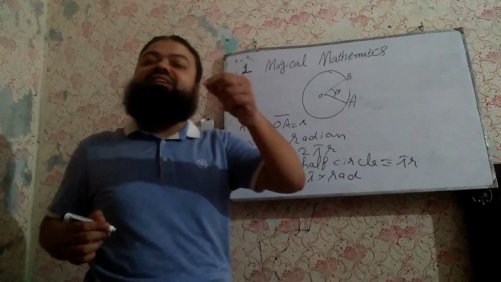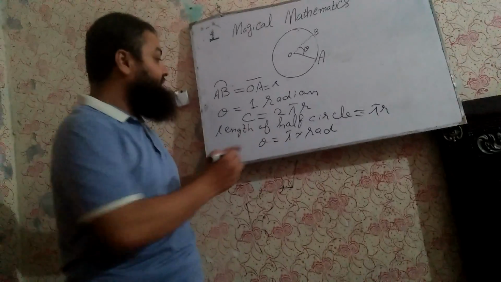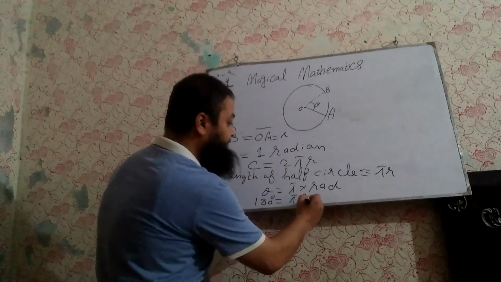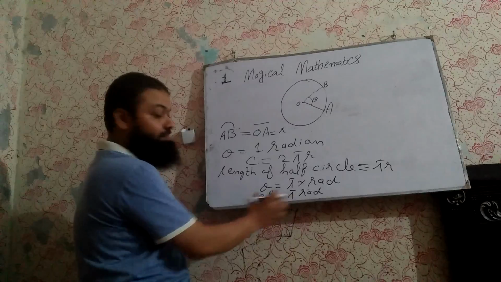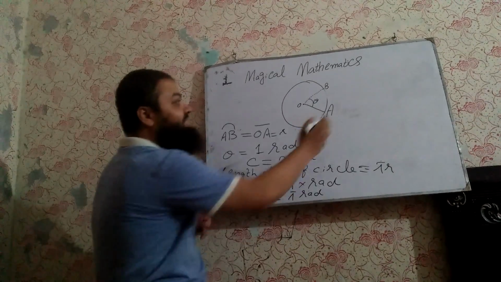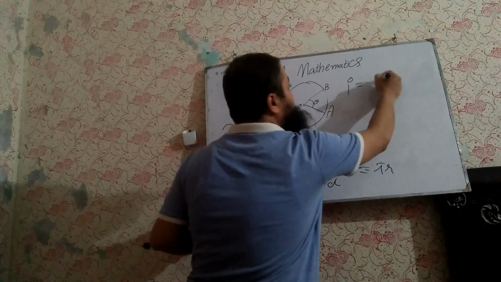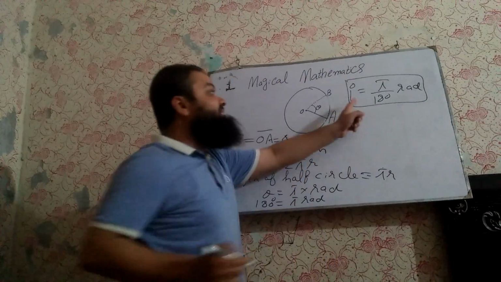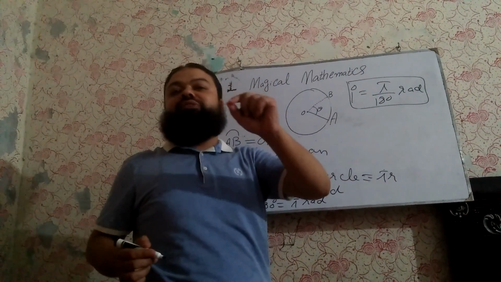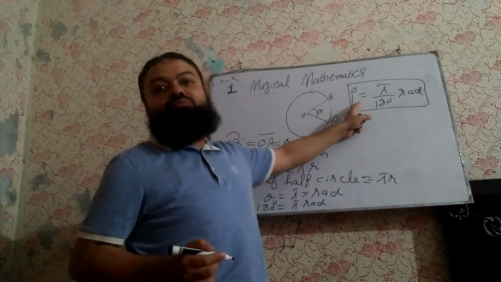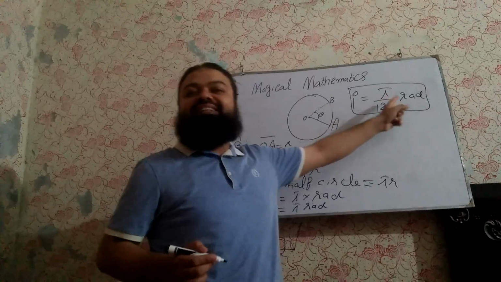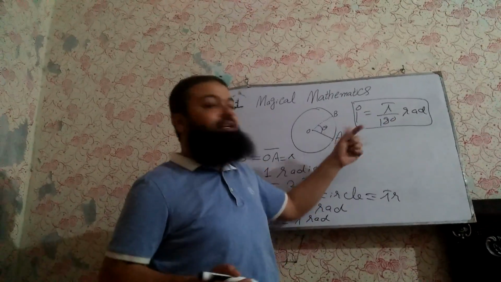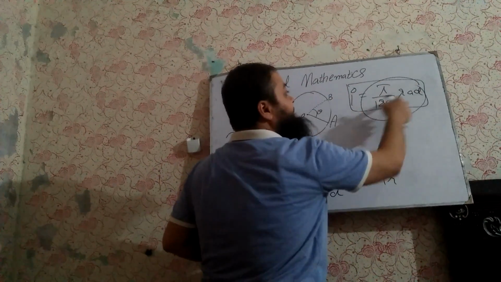And as we have studied in the previous classes, the angle of a semicircle is always 180 degree, which is equal to pi radian. Now this is the concept. 180 degree is always equal to pi radian. If I want to find out 1 degree, it will be equal to pi over 180 radian. This is the formula. It is the base of exercise 9.1. Every question will be solved by this formula. 1 degree is equal to pi over 180 radian. Whenever we want to convert degree into radian, we will multiply every number with this factor, pi over 180 radian.